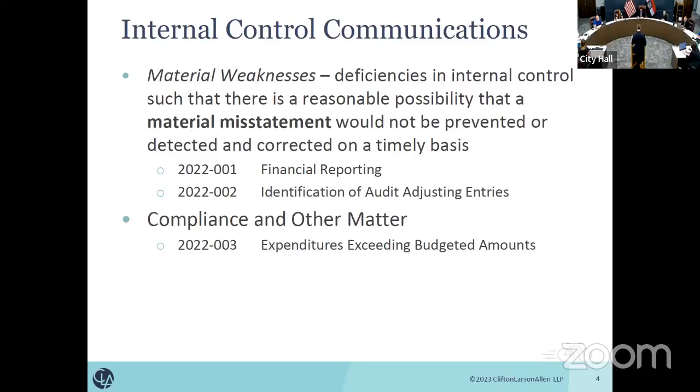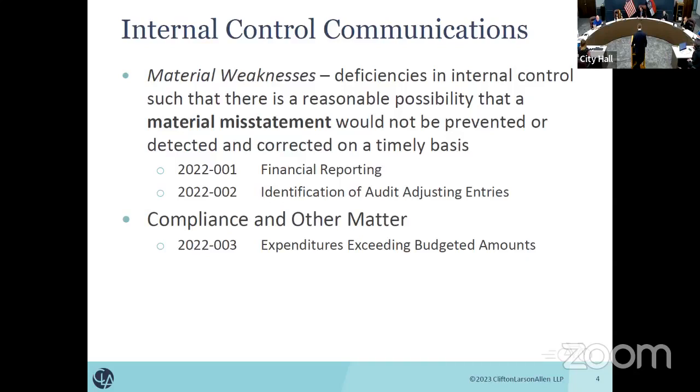As far as internal control communication, we do look at the design of your internal control structure in regards to significant account balances or transaction classes as we go through the audit. We have a few different classifications that those might fall under if we come across any deficiencies, such as a material weakness, which you can see the definition here, significant deficiency. And then we also have to look at certain compliance or other matters that might impact the financials as well. So the first item there,